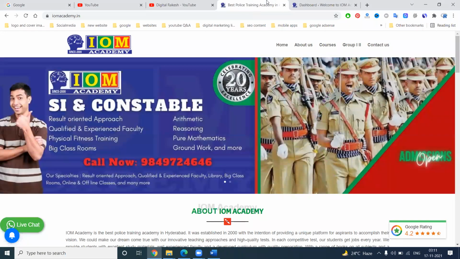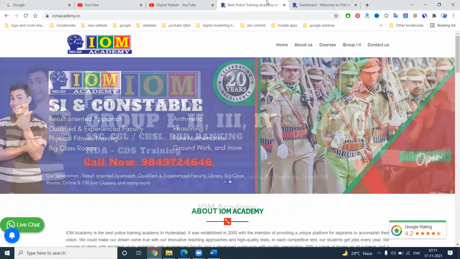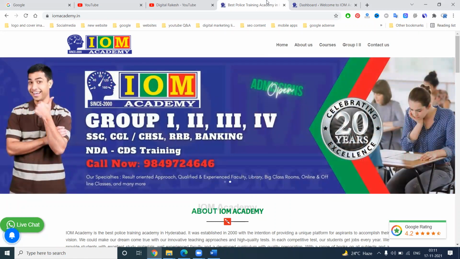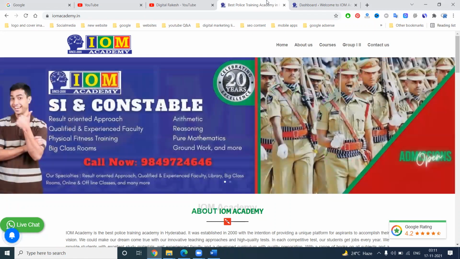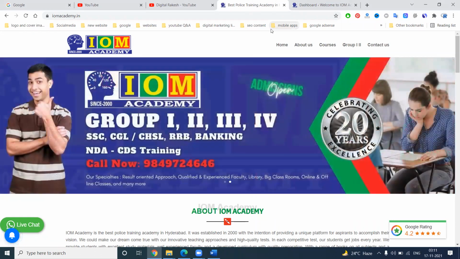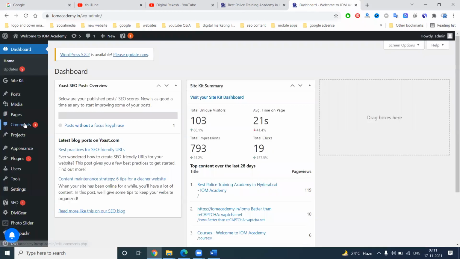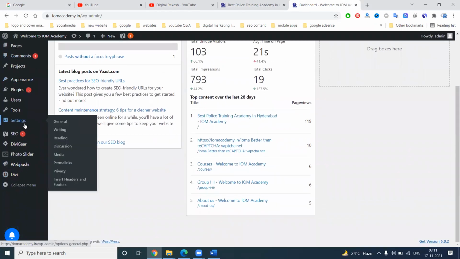What is the purpose of Google Analytics? We can check website live traffic, regular traffic, weekly traffic, and monthly traffic. In any WordPress website, we use a lot of plugins. We have two options, with the plugin and without the plugin. The code will be inserted with the plugin or without the plugin.